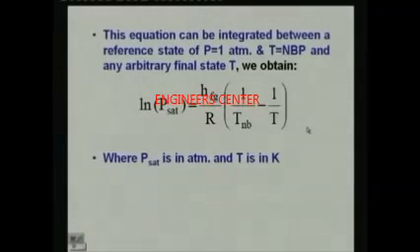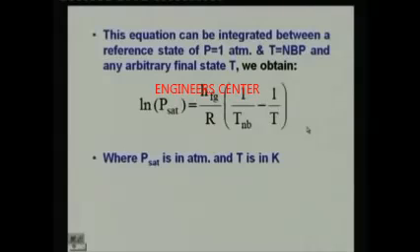between two states, 1 and 2. I am taking state 1 as a reference state, that means the pressure is 1 atmosphere and the temperature is the normal boiling point. That is my reference state 1, and state 2 is any arbitrary temperature at which I would like to find the saturation pressure. That means I am integrating the Clapeyron equation between a reference state of 1 atmosphere pressure and normal boiling point, and any arbitrary state T. So you get this equation, and using this equation,